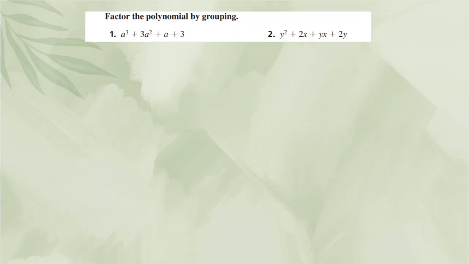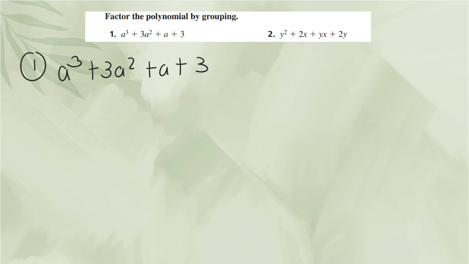Here we're going to practice factoring the polynomial by grouping. So number 1, I have a cubed plus 3a squared plus a plus 3. I can group from right there a cubed and 3a squared, plus a plus 3. So I take out a squared here, and I'm left inside with a plus 3, plus a plus 3 cannot be factored out more, so I could just take out a 1, and I'm left with